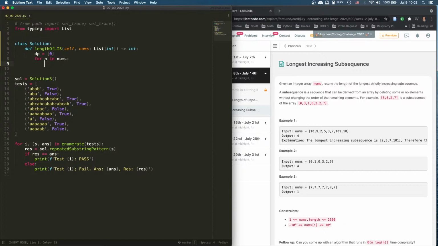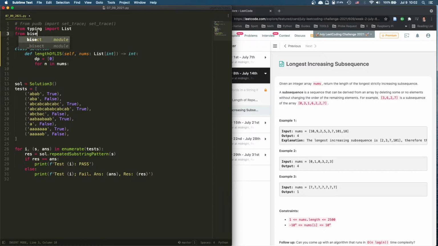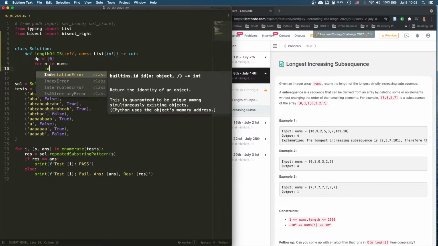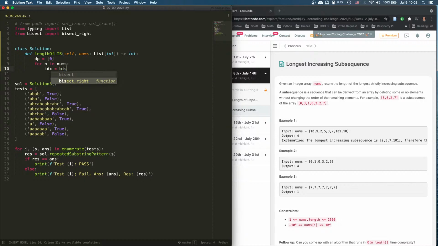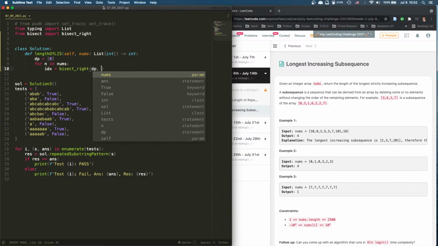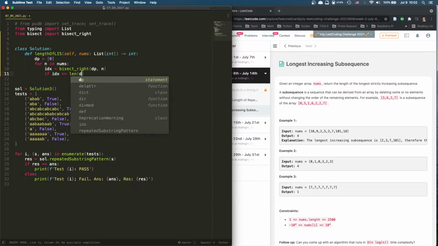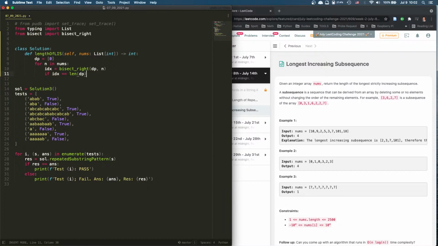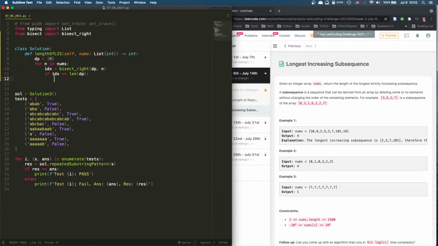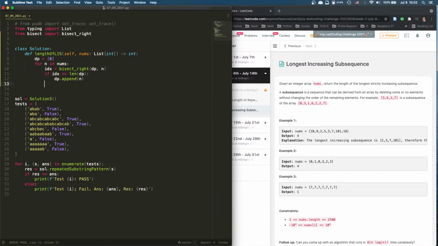If I am the largest, we're going to say from bisect import bisect_right. So index equals bisect_right(dp, current value). We say if index is equal to len(dp), which means I am larger than everybody else, then we do dp.append(n). Else